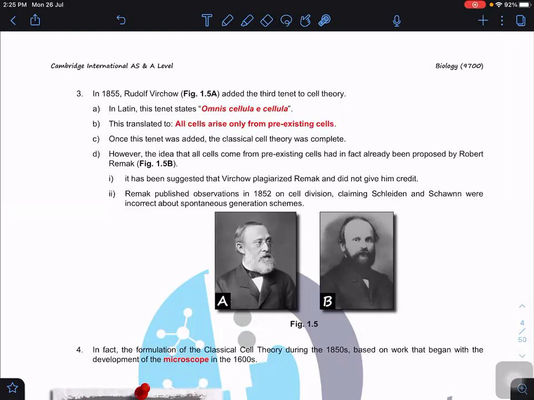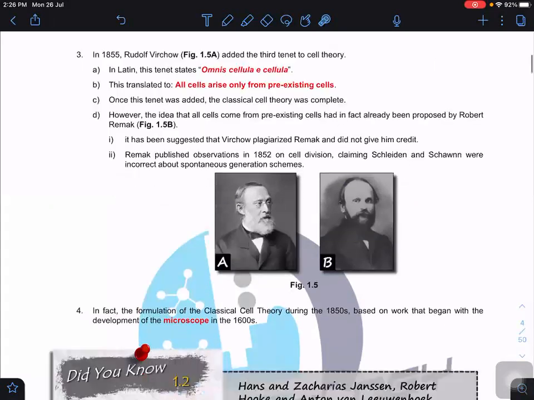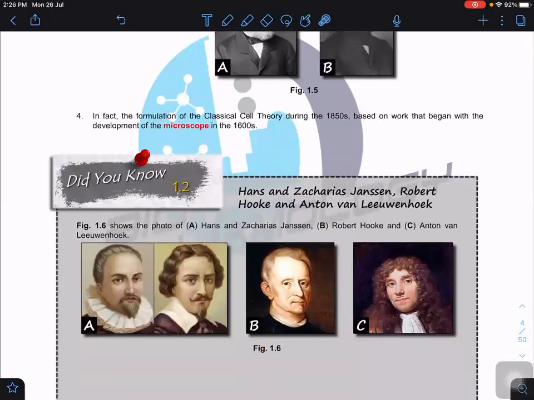However, the idea that all cells come from pre-existing cells had in fact already been proposed by Robert Remak. So Robert Remak actually formed this, but the one who made it famous is Virchow. Virchow made this tenet famous. Okay, just a quick history for you guys. But no matter how, when talking about this cell theory, we need to give credit to these four people for their contributions